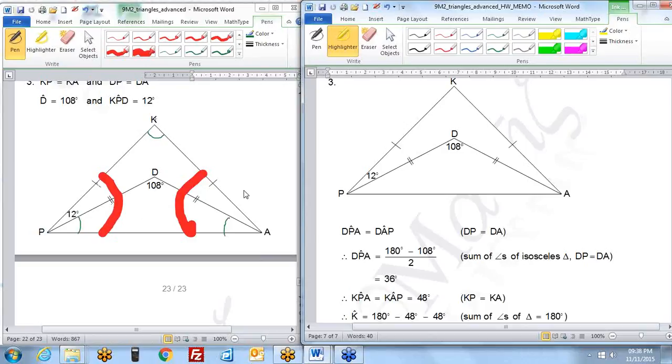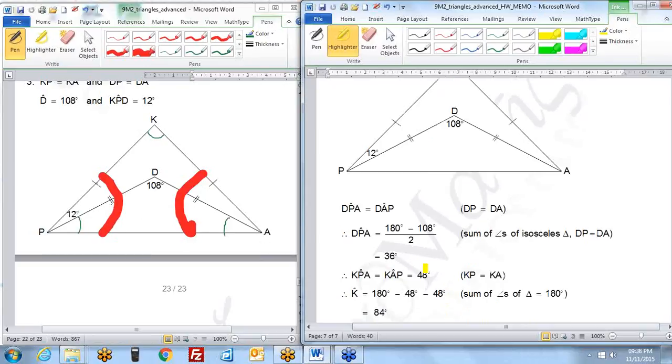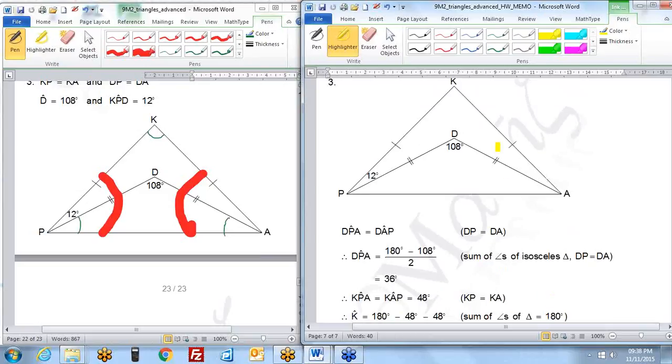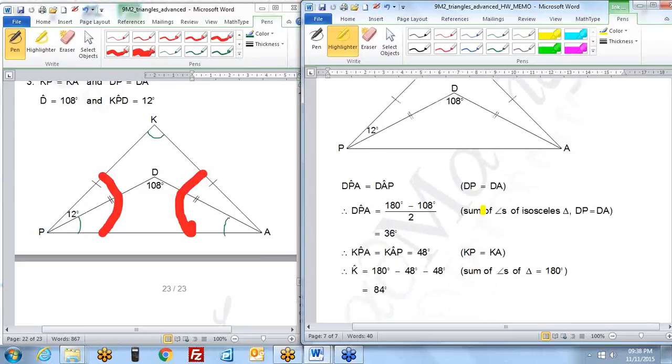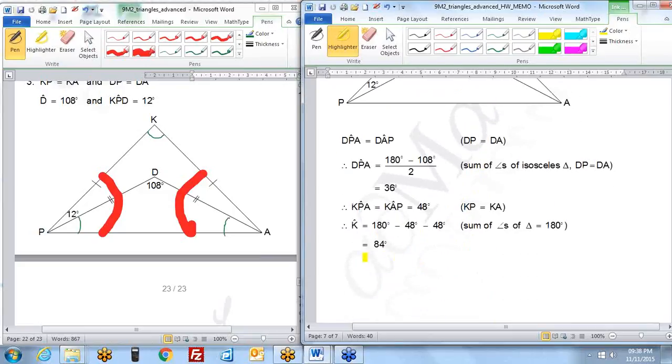Therefore, angle KAP will also be equal to 48 degrees. Now it's easy to say 48 plus 48 together gives you 96. So 180 minus 96 degrees gives you 84 degrees, because the sum of a triangle gives you 180 degrees. So therefore, angle K there at the top will be equal to